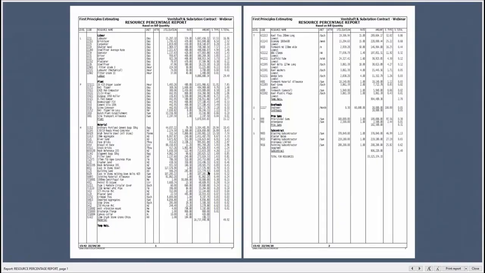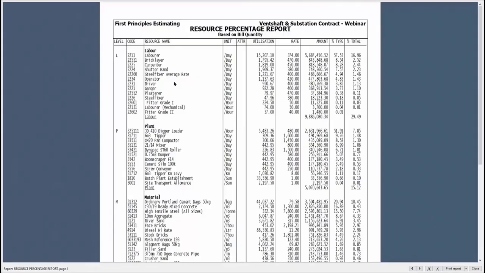So if I look, for example, at my labor, you see all my labor resources are grouped together. And the laborer, I've got 15,000 days allowed at $374 per day. And you see that's one of the big spending items in the labor category, 5.6 million on labor. So that's 57% of my labor cost.